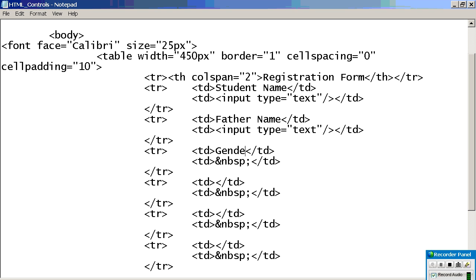Okay? Next what can we add? Gender, right? For gender, what controls will we use? You are clicking on something, or you will be selecting some control. The clicking one is called a radio button and the selecting one is called a drop down. So now you should remember all of them. You are not a normal user. You are a developer. Remember, you should remember everything. All control names. So if you want a radio button, input type equal to radio.